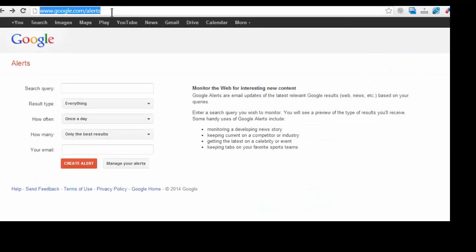So yes, let's go to google.com/alerts. That's where the tool is. Google Alerts is one of the very first online tools that were available for online marketers. You can find this tool on google.com/alerts, and the tool will help you keep updated on anything new on the